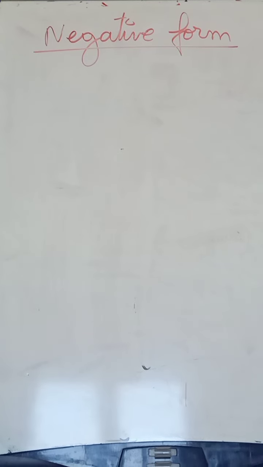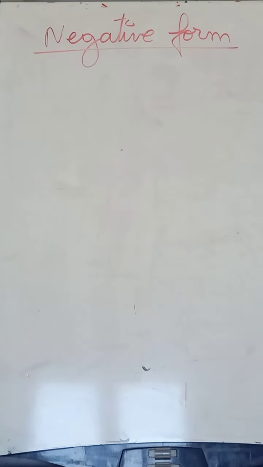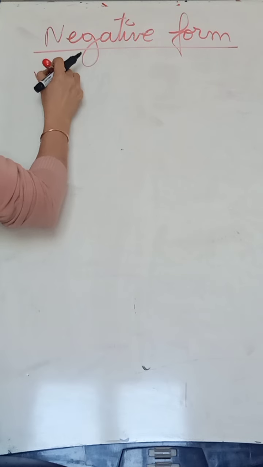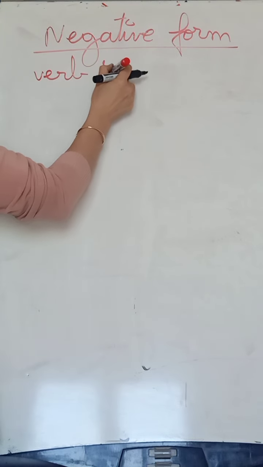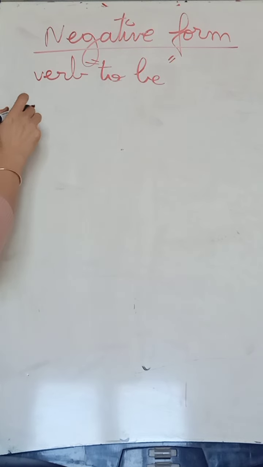Let's focus on the negative form. Negative form, in Arabic, when we hear the word negative, it means nafi. Here, we start with verb to be. Quand on a un verbe to be, le verbe to be, c'est le verbe être en français. Okay? For example,